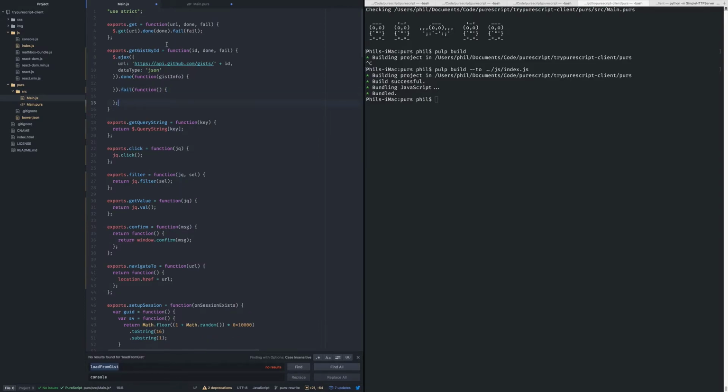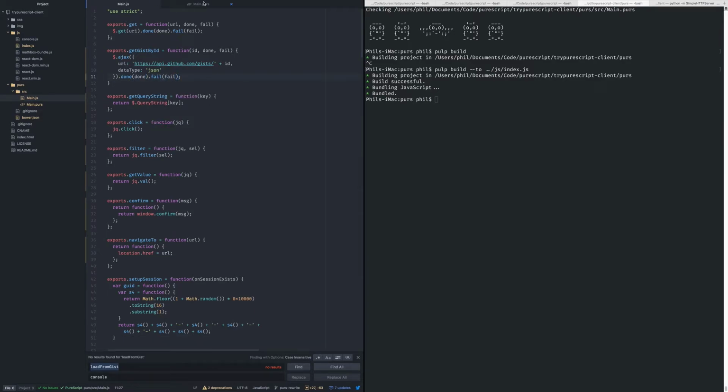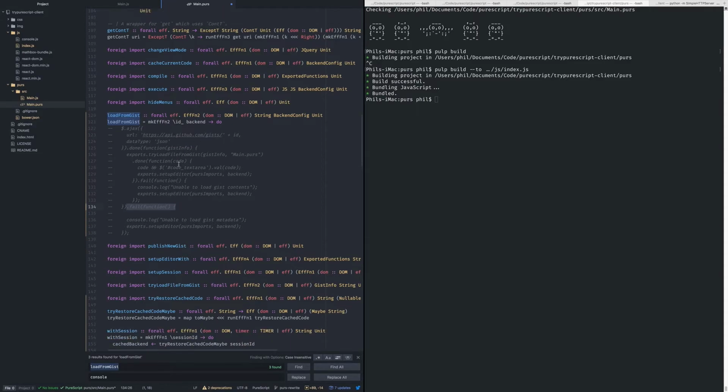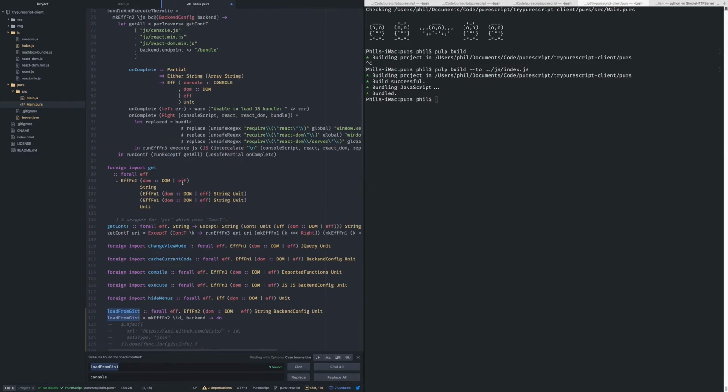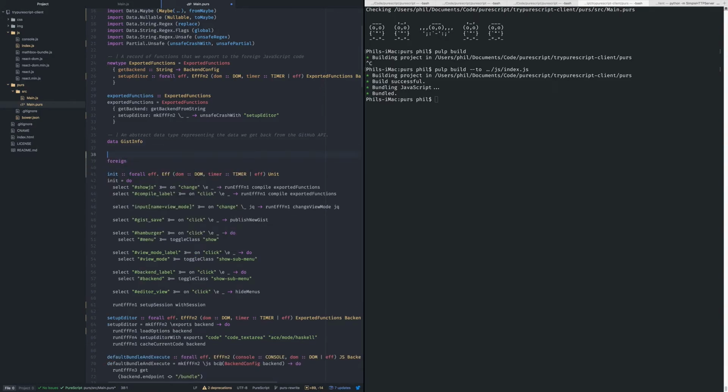Okay. So in the done callback, do like I did before. Just call these directly. Okay, so let's give a type to this thing. Where's my gist info? Here. So let's add a comment first. We want this to get a gist by its ID. For an input, get gist by ID